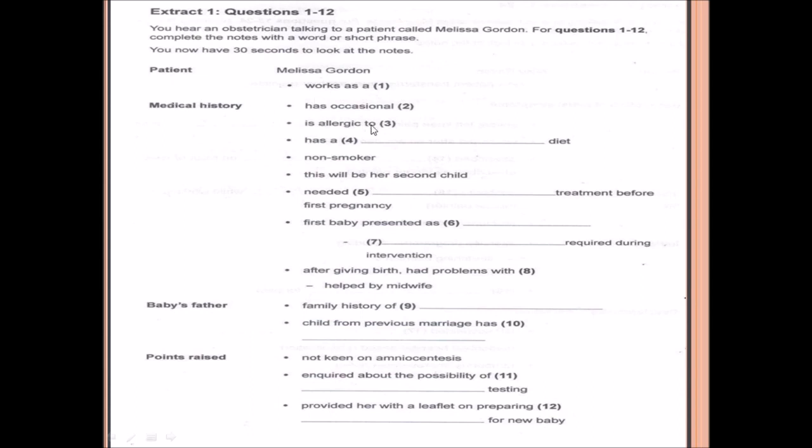Medical history has occasional, this is true, this means that this is question number 2, and he is going to ask some occasional attacks, some occasional problems of the patient, that is, there will be some medical condition. Okay, this is question number 3, and it is about the allergic medical history of the patient, that Melissa Gordon is allergic